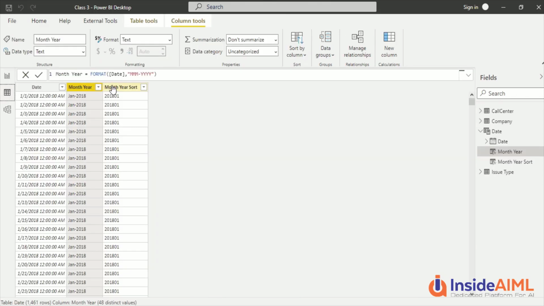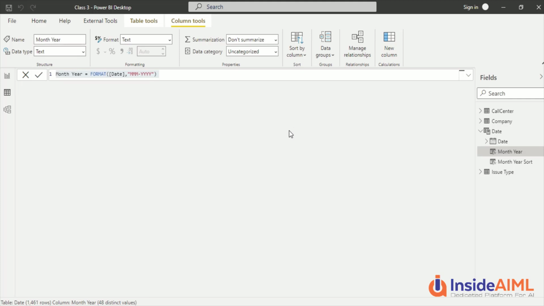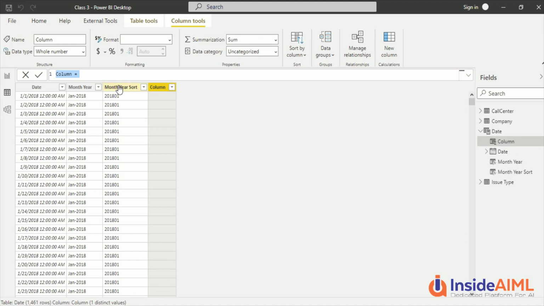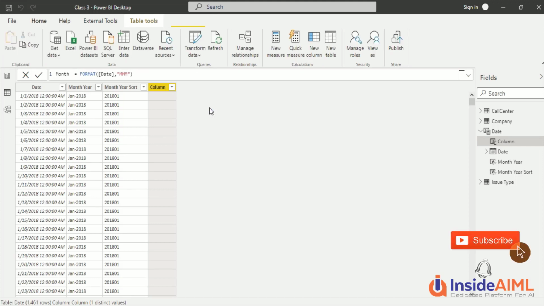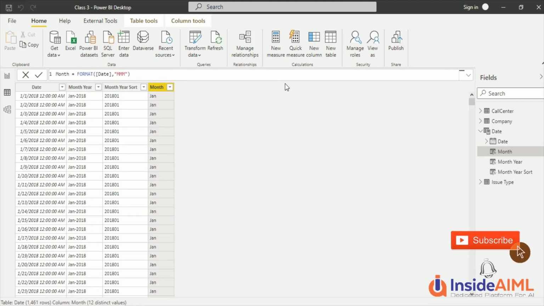Okay, so I'm assuming you are doing it. What I'm going to do is create month as MMM using the same manner, but year I'm going to do differently. So I'm going to just copy paste this and say new column. And once it creates a new column, I simply paste it, remove the month here and say MMM. And this is not going to sort. On some later video, I'll tell you how to do it, but I'm assuming that you will be able to create a sortable column for this and do it correctly.